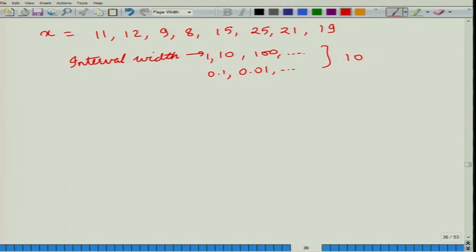Now that we have decided on an interval width, we take the smallest value, which is 8, and we take the largest value, that is 25. Now, 8 would come under a stem of 0. So, 8 can be written as 0, 8. We will have another stem that is 1 and another stem that is 2. So, now let us